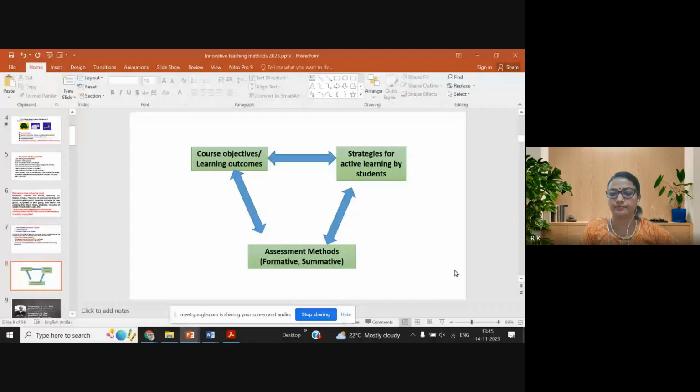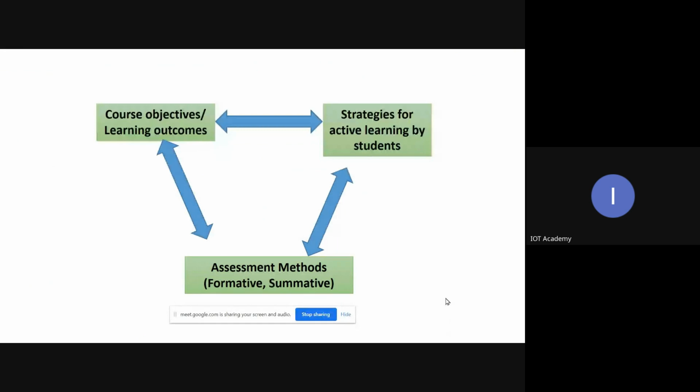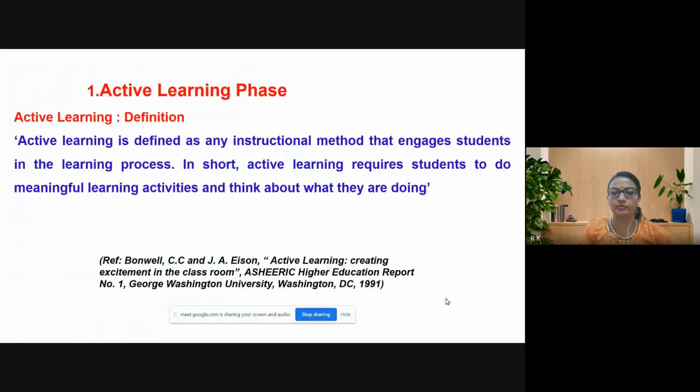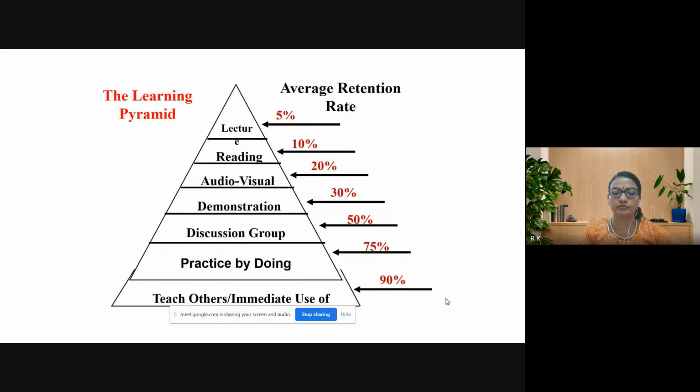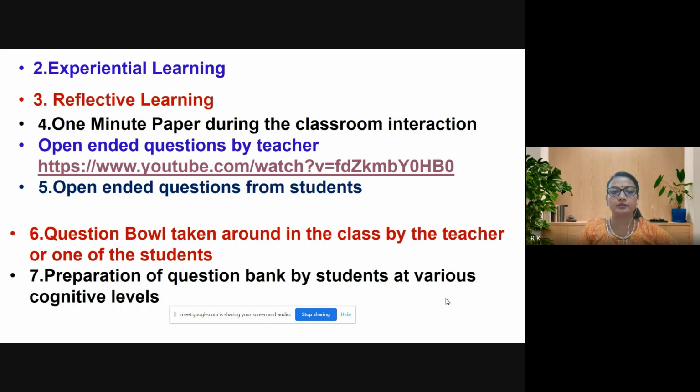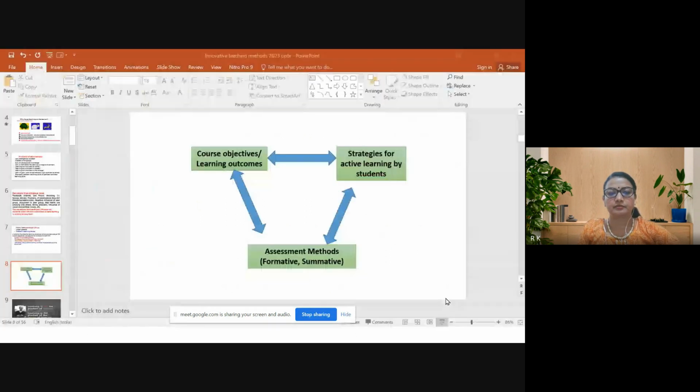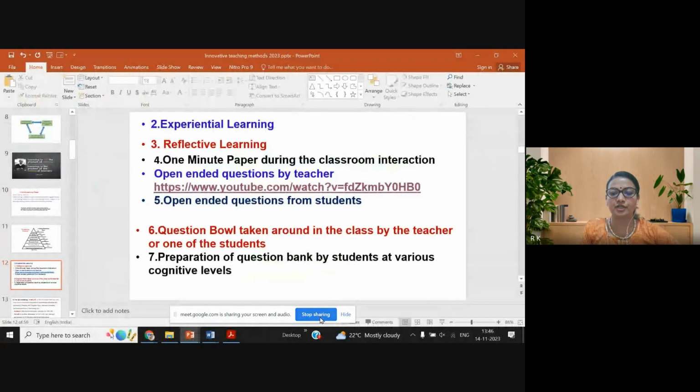So in the entire screen, is the PPT visible? The PPT is visible, ma'am. I wanted to show them a video. Now it is moving, ma'am. Can you just confirm, please? You can just message me if it is moving or not moving. I can go ahead, because I'm not able to hear when I'm sharing the full screen.